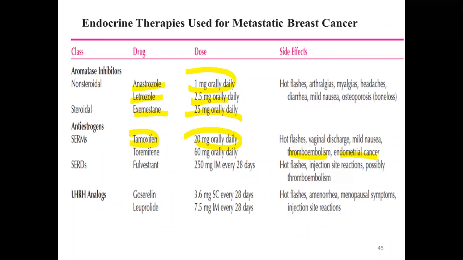That is why if a patient is actually taking those medications, you have to monitor the possibility of DVT. It can happen at any time. But of course, if the patient is taking tamoxifen, you need to tell them to do regular exercise and not have a prolonged rest, so that they reduce the risk of blood clotting.